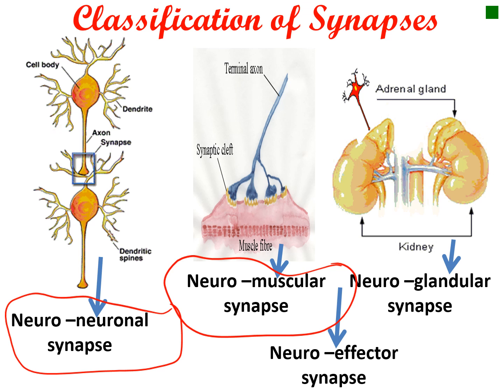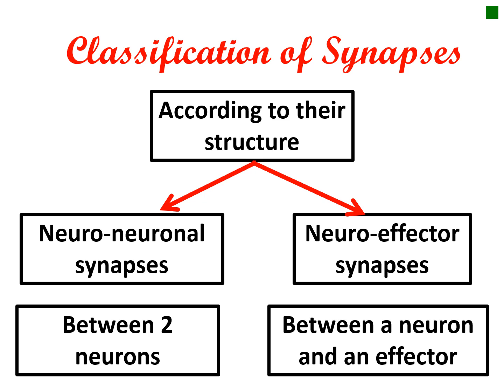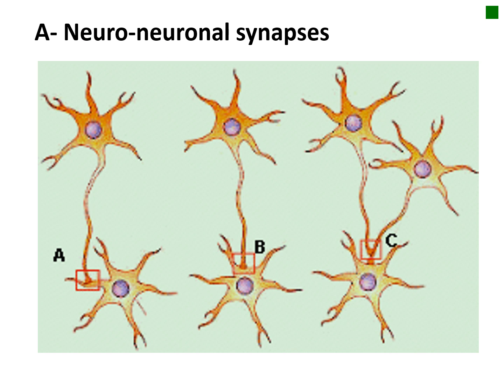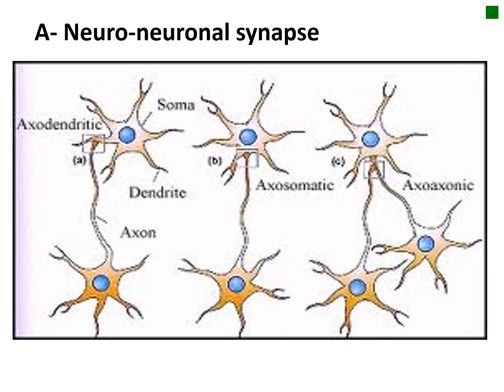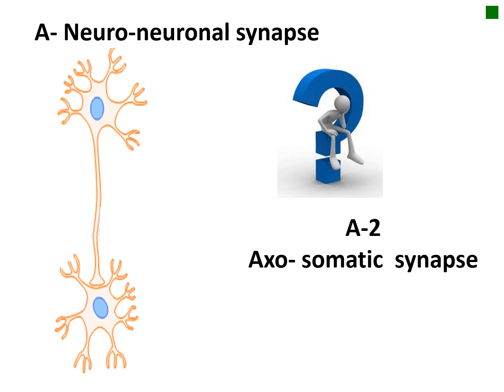Neuroeffector synapses, we're going to talk about them in the coming slides. According to the structure, we have neuronal and neuroeffector synapses: neuronal between two neurons, neuroeffector between a neuron and an effector. This is the neuronal synapse. Neuronal synapses may be axodendritic, between an axon and a dendrite, or between two axons, or between an axon and a soma,